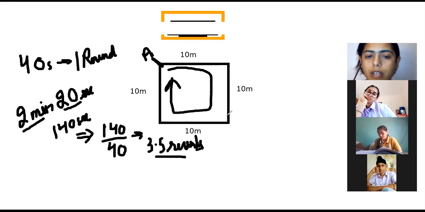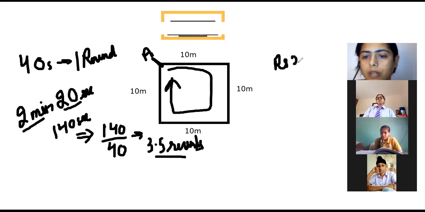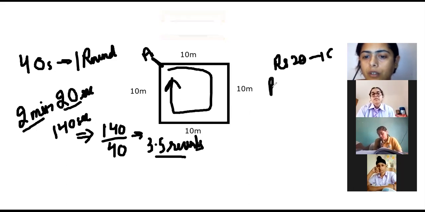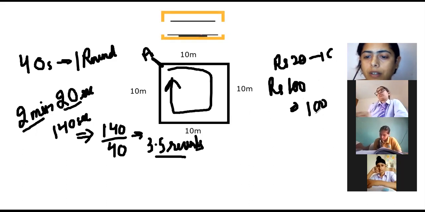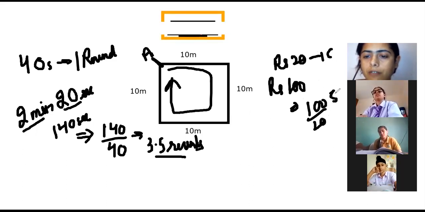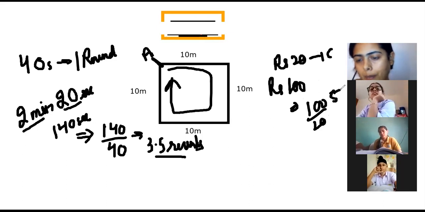If you have any confusion here, let's take one example. You have a chocolate of rupees 20, 20 rupees ki one chocolate. You have 100 rupees with you. How many chocolates are you able to take? So what you do is 100 divide by 20 and you will get the answer 5. ऐसे ही आएगा.